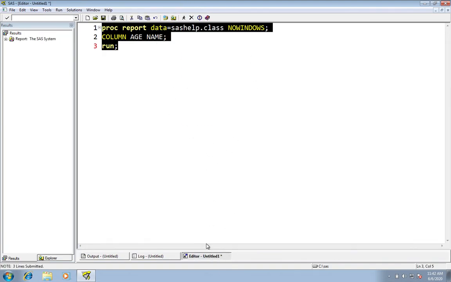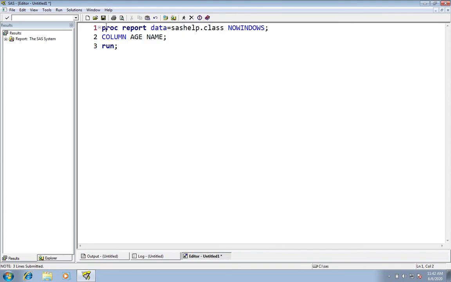Because whenever I generate the results, it is opening the new window. If I use this no windows option, it will generate the output like in the earlier format. See what happens if I execute without the no windows option.